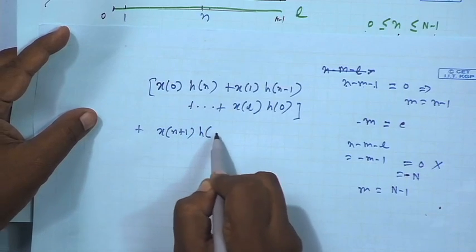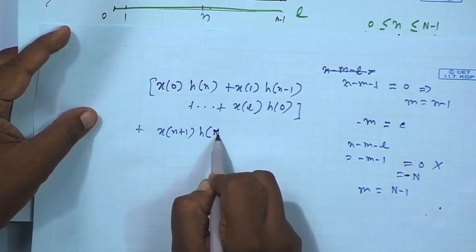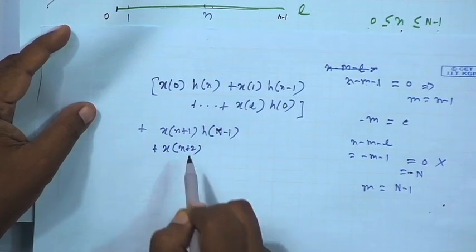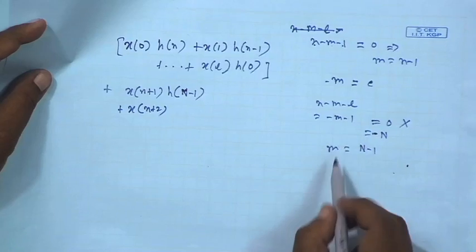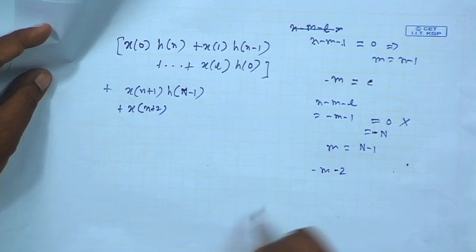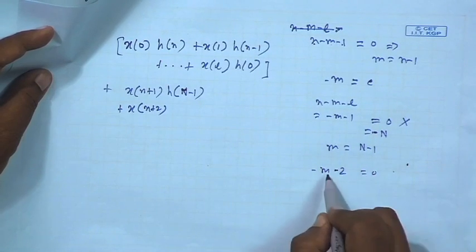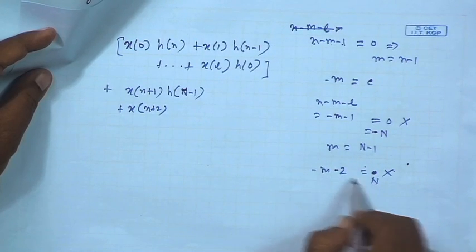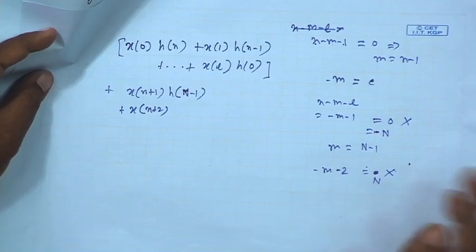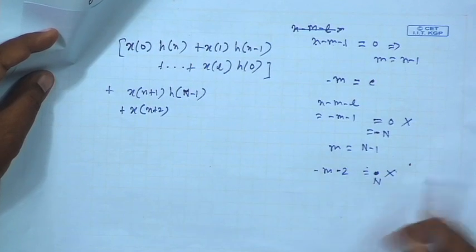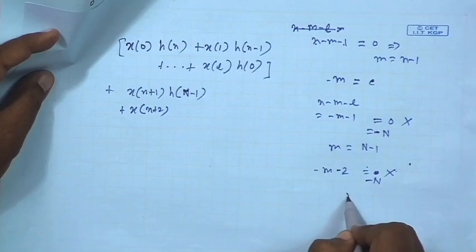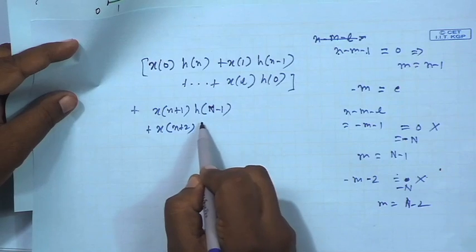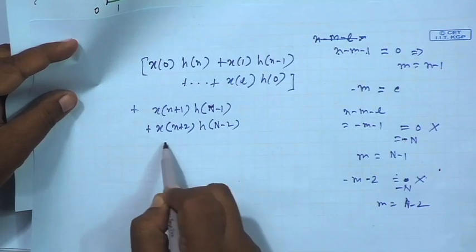So, it will be h n minus 1, then x n plus 2. If L is n plus 2, it is minus m minus 2, that cannot be equal to 0, because then m is minus 2. So, this is ruled out. That cannot be equal to n, because that means small m equal to minus 2 minus n, I am going in the negative direction, beyond the range, not possible. Minus n is okay, because then that will mean m equal to n minus 2. So, here which is in the range, so it will be h n minus 2, and this way if you go along,